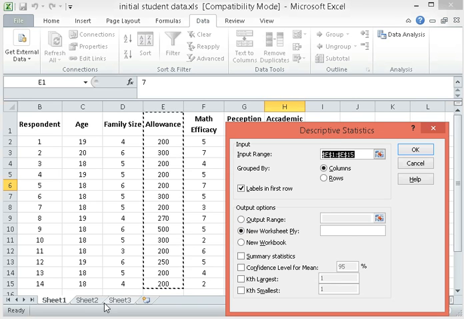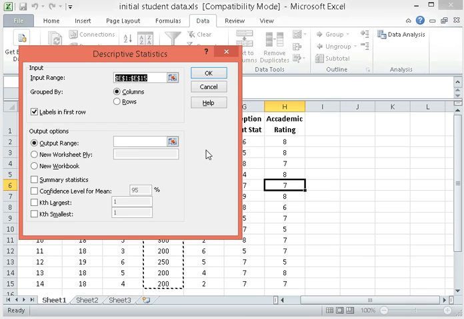And then to choose the output range, you may choose the output of the analysis to be on a different worksheet, so another worksheet would pop out, but what I'd like to do sometimes is to place it beside my data. So just click on output range and then click on the box and choose a cell wherein you'd like to show the output. So let's say in that cell, and then what do we want? We basically want summary statistics, and then just click OK.